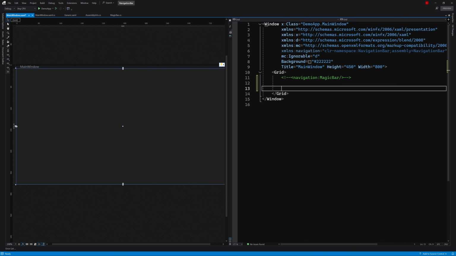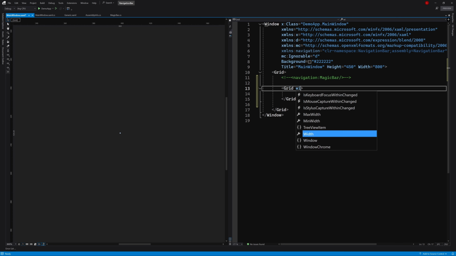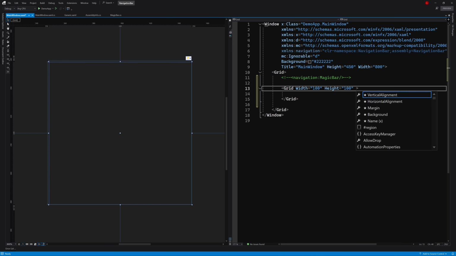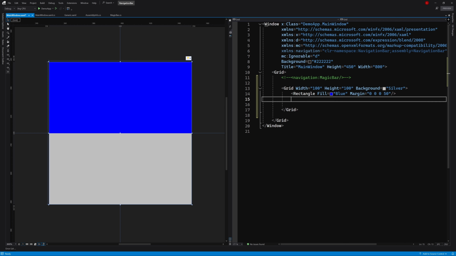First, let's set up a grid area with a width and height of 100 each, and background color of silver. Then we add a blue rectangle. It can help us determine the center position of the shape. And here we use a margin to set its size. Next, we add a black circle with a width and height of 80.